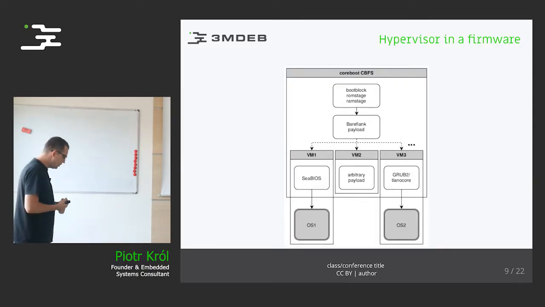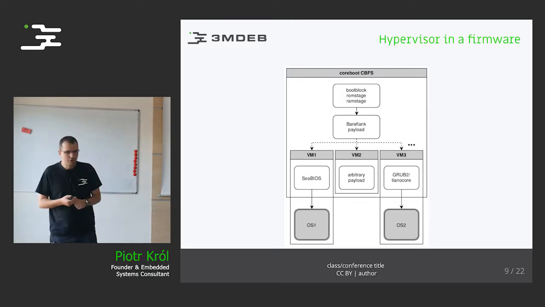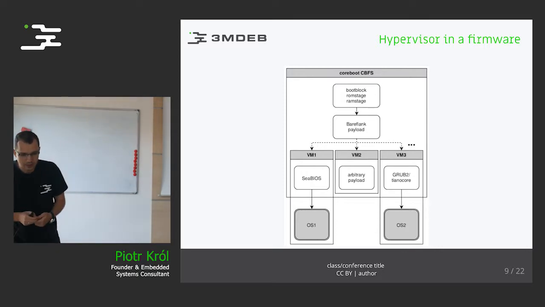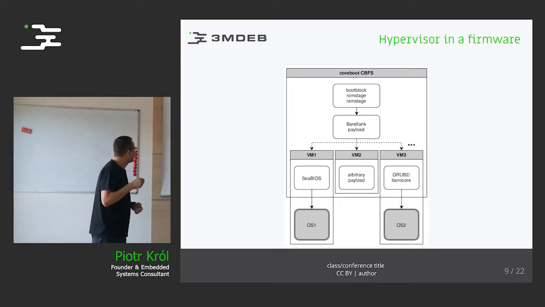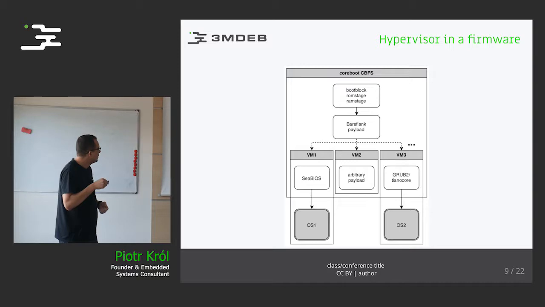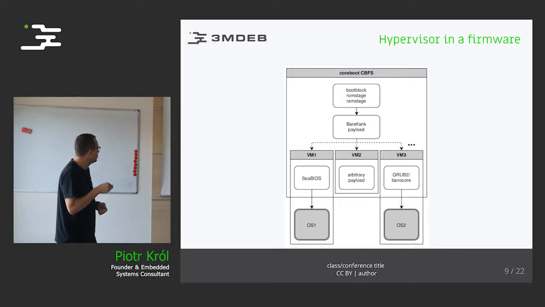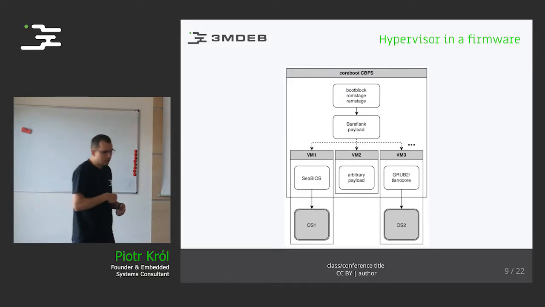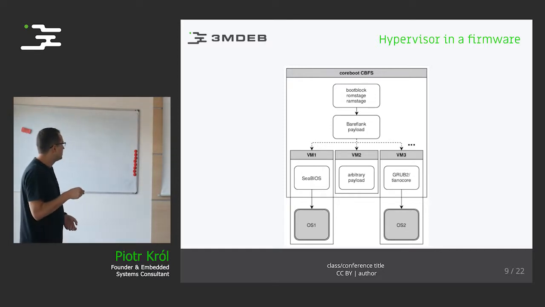So what we really did, this is an overview of the architecture that we created. Most of you should be familiar with CBFS, the coreboot file system, which we keep inside SPI flash. It contains the coreboot boot phases, which are boot block, ROM stage and RAM stage. And when the RAM stage finishes, it typically jumps to a payload. In this case, this is the Bareflank payload,